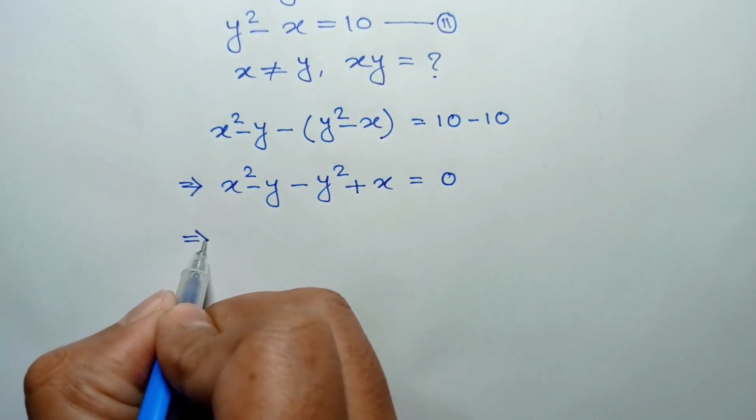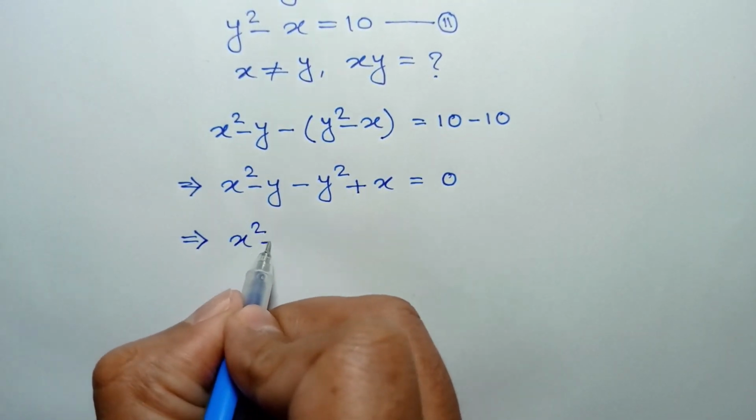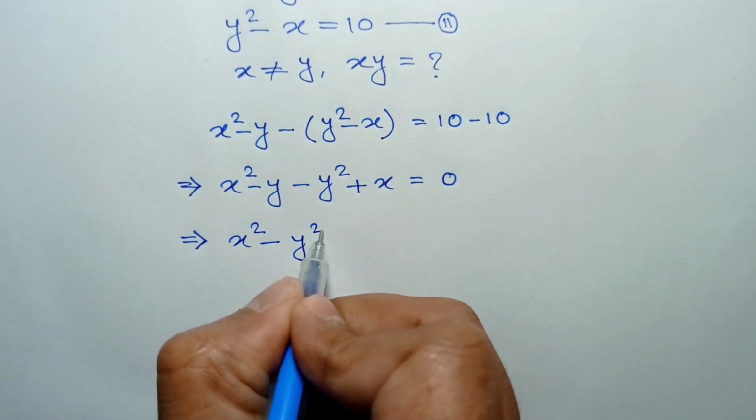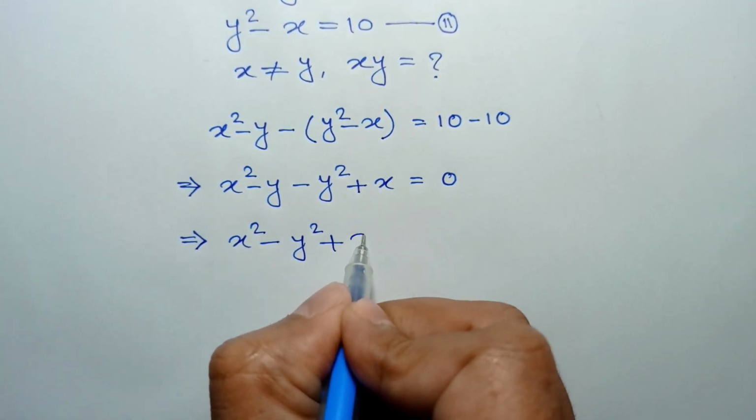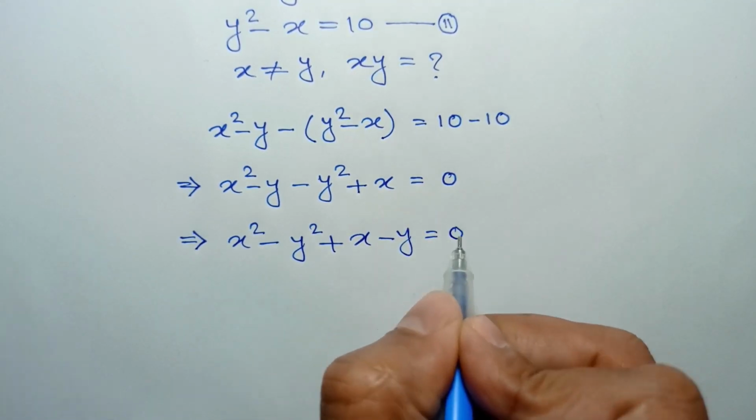Rearranging, we can write x² − y² + x − y = 0,